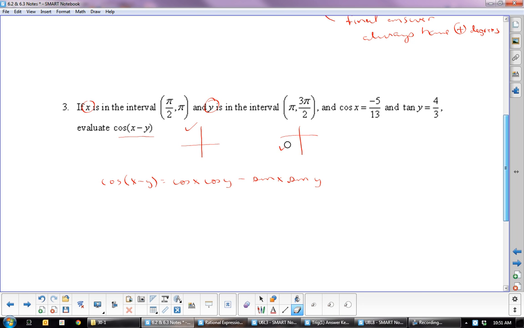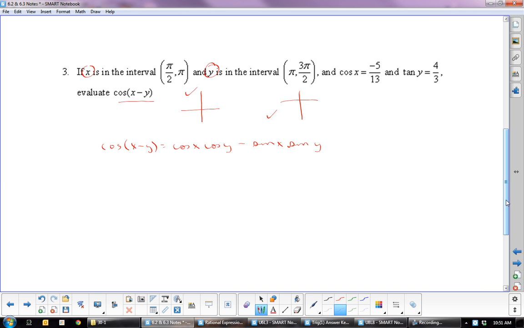Okay, so we need to find cos x. We already have that one. We need to find cos y. We don't have that one. Sine x we don't have, and sine y we don't have. Okay, so right now this formula is not too good for us. But we can use the information from this, because we can put, I'm just going to get this out of here,